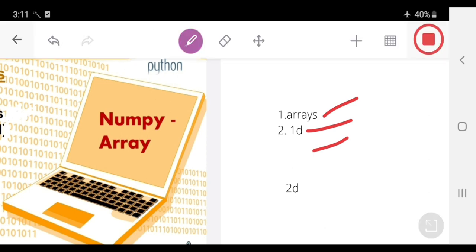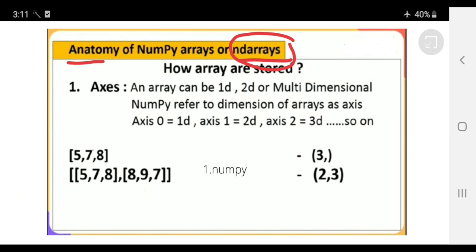Right? Today's class is about the different terms used in NumPy. What are the terms we are using in NumPy? That is called the anatomy of NumPy arrays. The anatomy of NumPy arrays speaks about how the elements are going to be stored in arrays in memory locations, whether they are going to be stored in row-major representation or column-major representation. So the anatomy of a NumPy array tells about the storage of NumPy arrays.